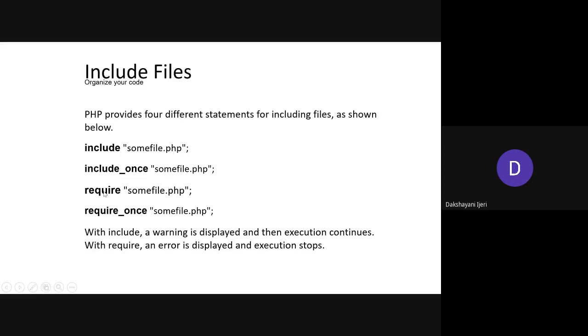Now what happens with require or require once is that it also does the same thing. It is going to load the file, or execute the file which you are referring to here. And require once means it also allows you to refer only once. But the difference between include and require is that include gives you a warning and continues with the execution of the further statements. But require is going to generate an error if the file doesn't exist, and it is going to abort the execution of the rest of the statements. So that is the difference between include and require over here.